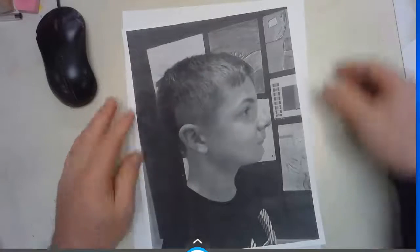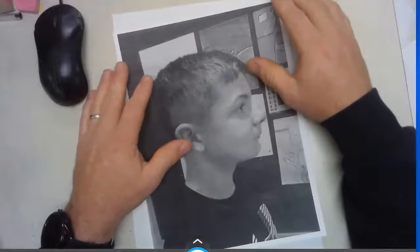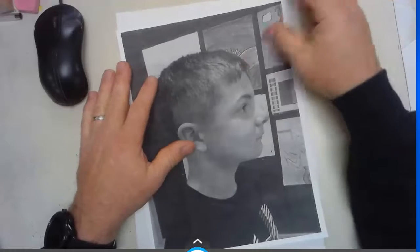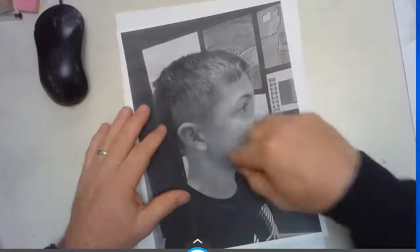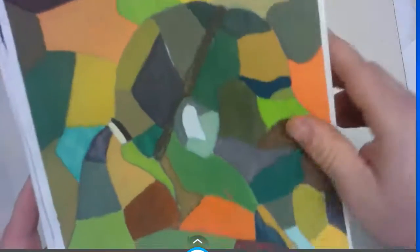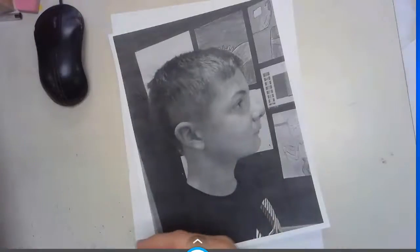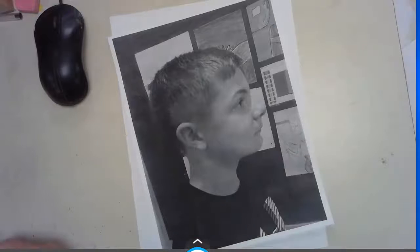Well, the truth is, this is a painting assignment, not a drawing assignment, so I do take photos of the students. And then we trace the photos and find natural shapes that exist already on the face. I'm not making squares and triangles, but more taking shapes that already exist on the face and then bringing those out. So the first thing that you should probably do is, if you have your circle painting on your board,